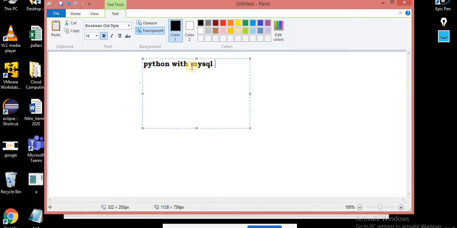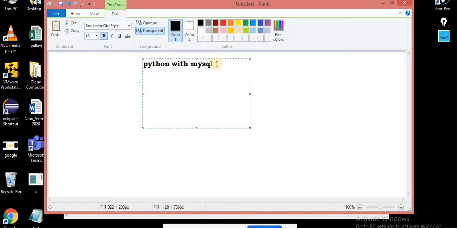But the most important role is MySQL. If you know the queries, things become very easy. The same thing can be done with one, two or three lines of code. MySQL plays an important role in the context of Python.